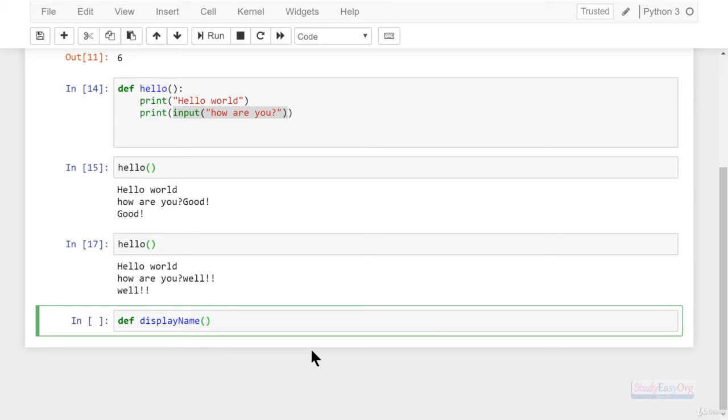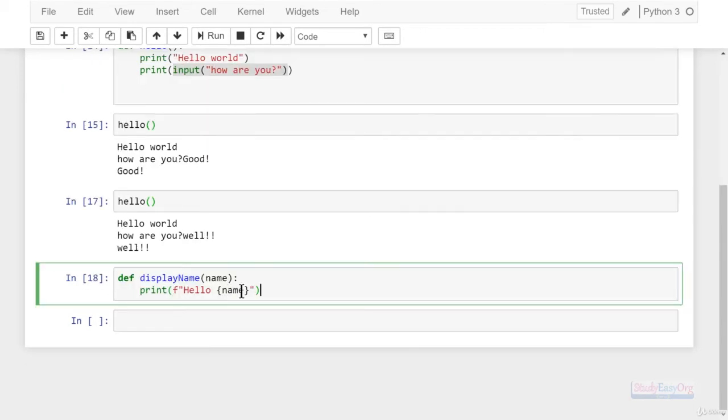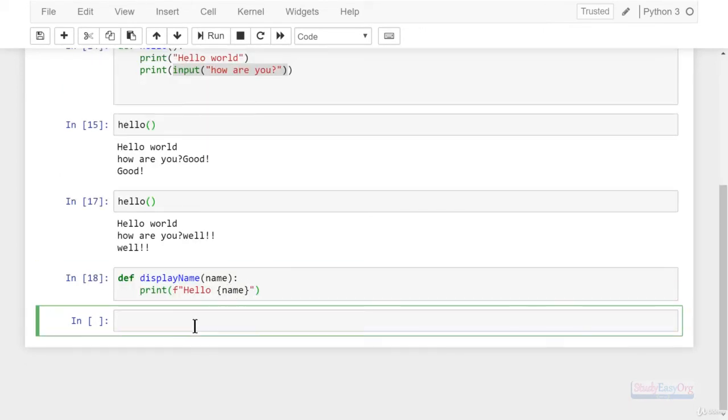And in here, for example, we pass on the name. Now in order to display the name, we need to take the user input, right? So in here we will take the parameter. This parameter is a variable, and this variable will contain a value, and this value will be passed by us. This value could be anything, right? So in here, for example, we now print f double quotes hello, then name, and we run this. And for example, in here we display the name